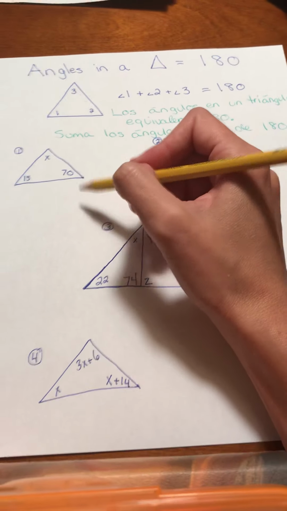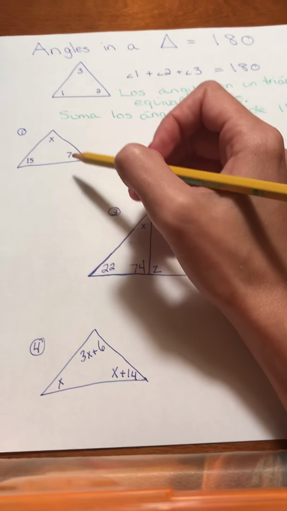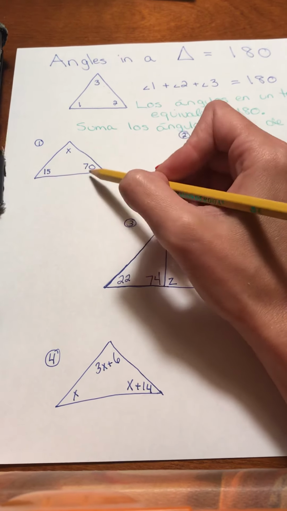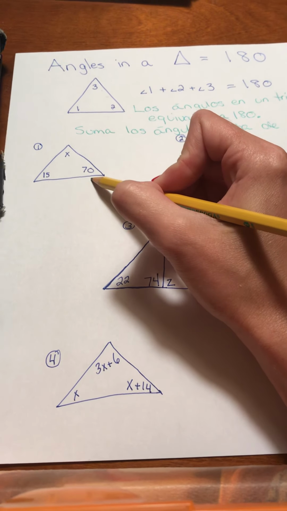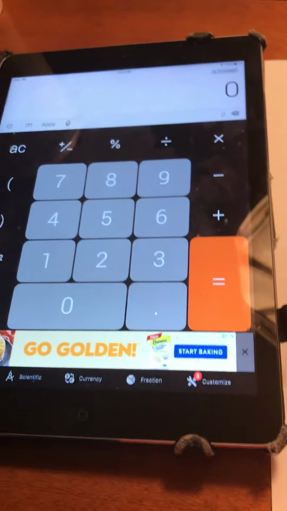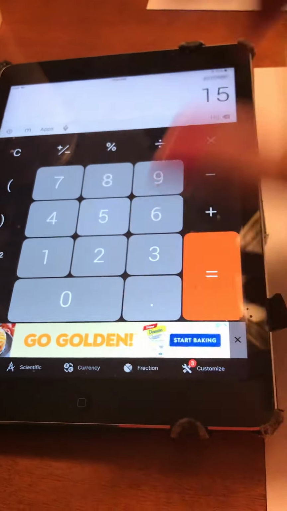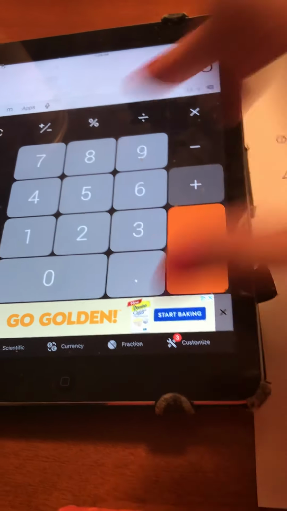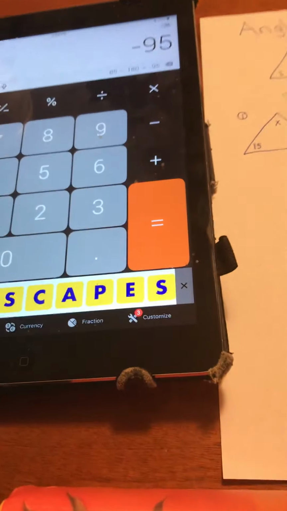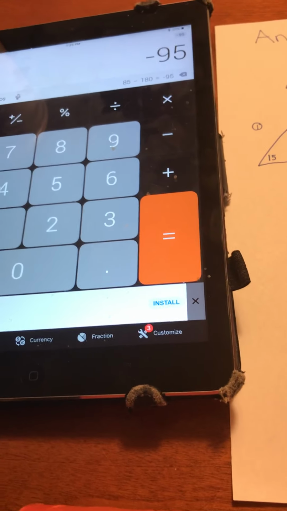So what you want to do, this works only for angles, not sides, just angles, is add the angles together, and then subtract from 180. So here's my fancy iPad calculator. So we have 15 plus 70. That gives me 85, and I'm going to subtract from 180, and that means that x is going to be